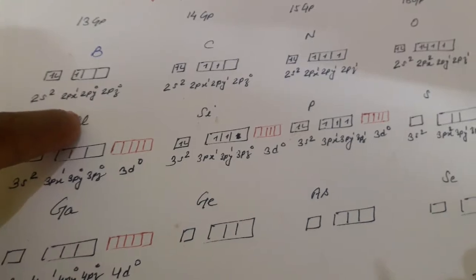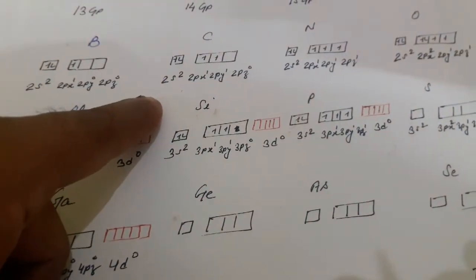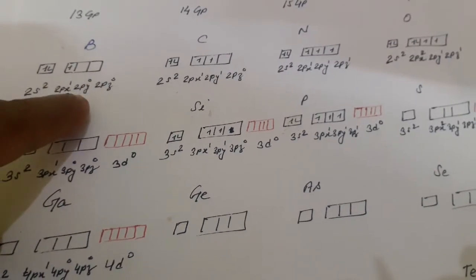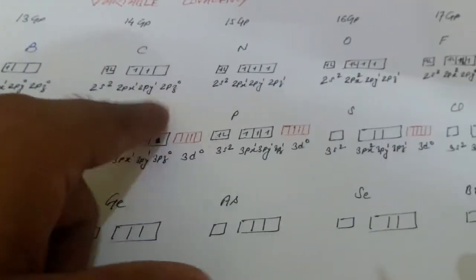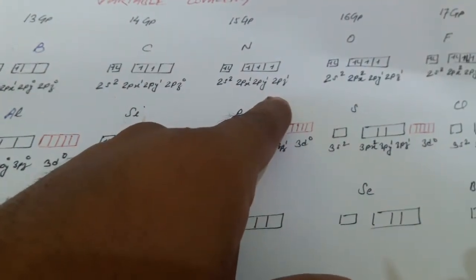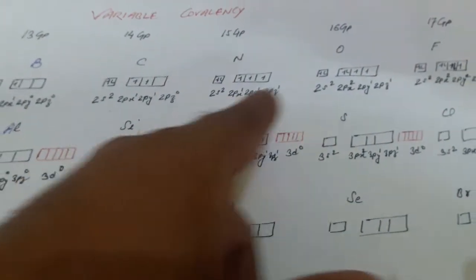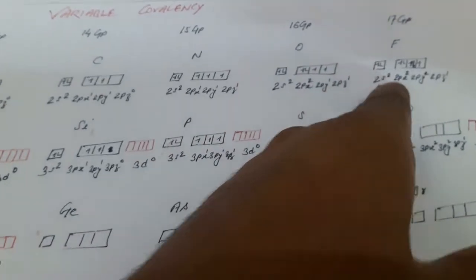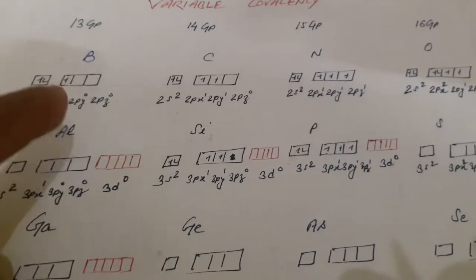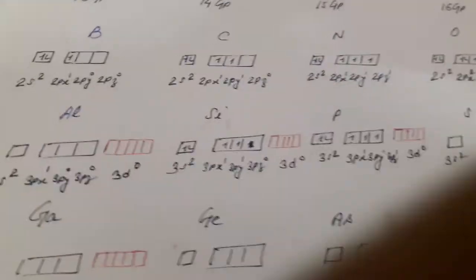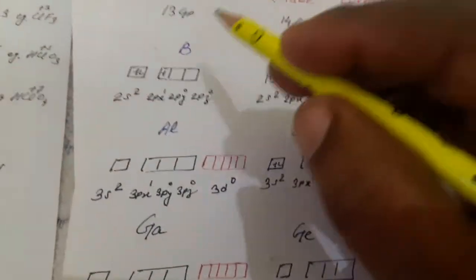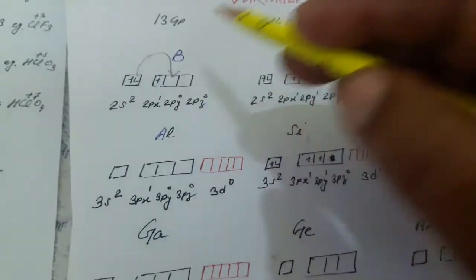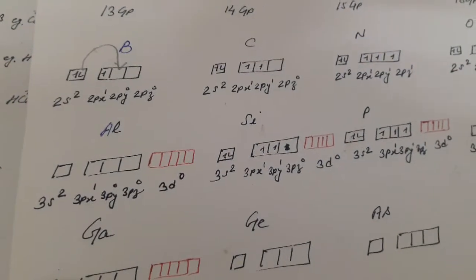You can check that there is no next vacant d orbital available, but a vacant p orbital is available here. There is no vacant d orbital next, so its excitation will stop. So excitation will take place in the case of boron. Where the excitation takes place, the electron is excited to this orbital, and the maximum covalency will increase with unpaired electrons 3.